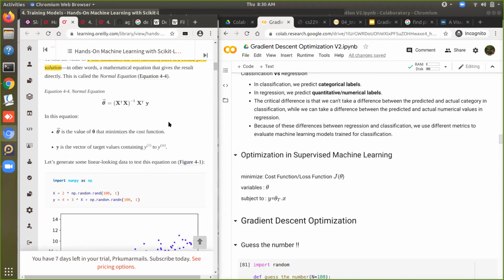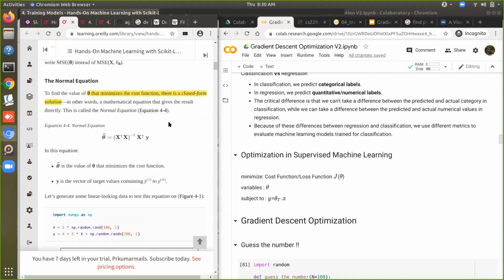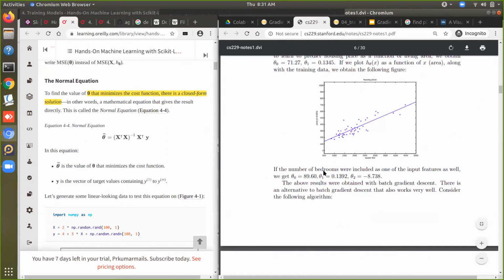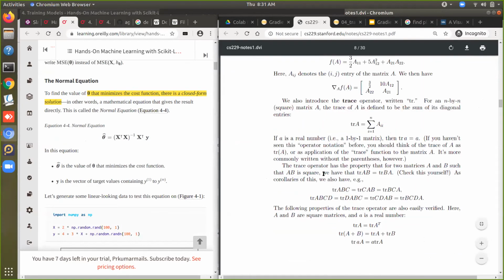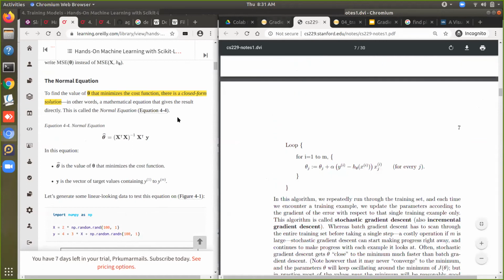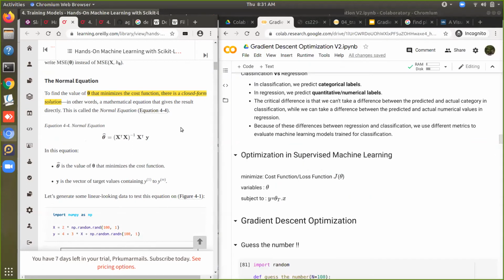You mean this? The three plots that you were just showing with the different learning rates. Yeah, exactly, this one. Okay, so that's the normal equation. So this one also still works for finding whatever we're looking at. So for example, here we're looking to minimize the cost function. So this optimization method also works, and gradient descent also works,